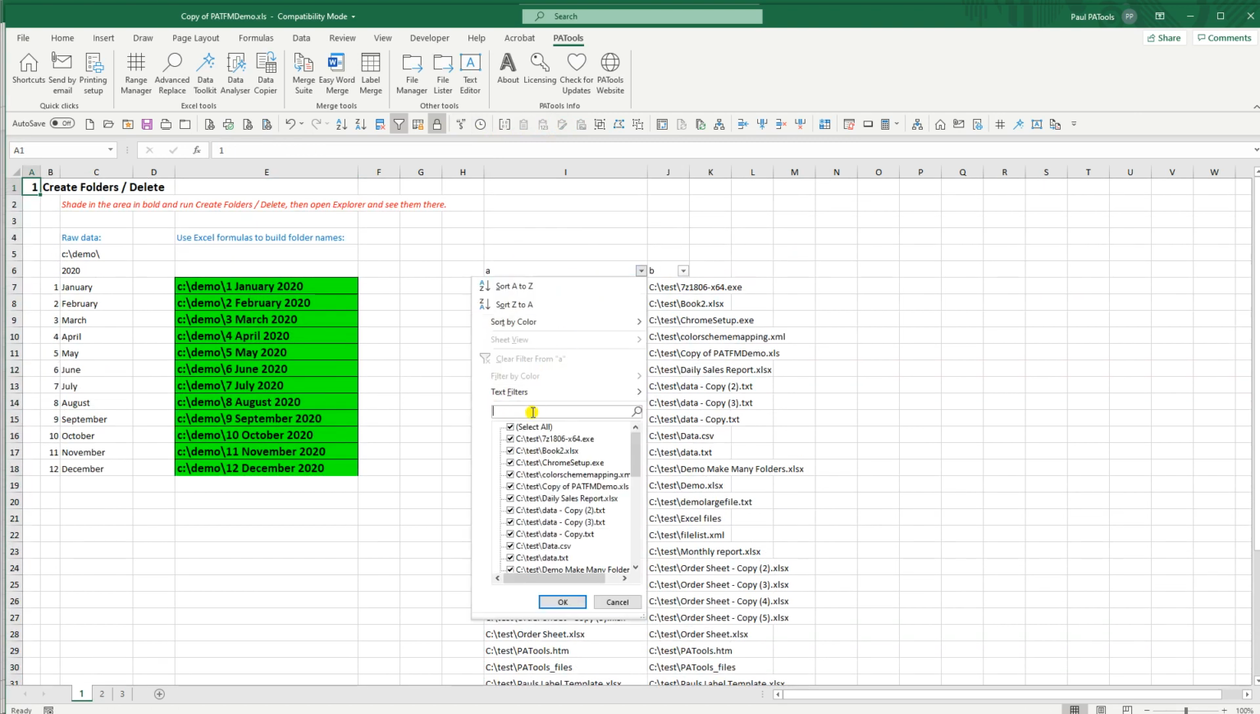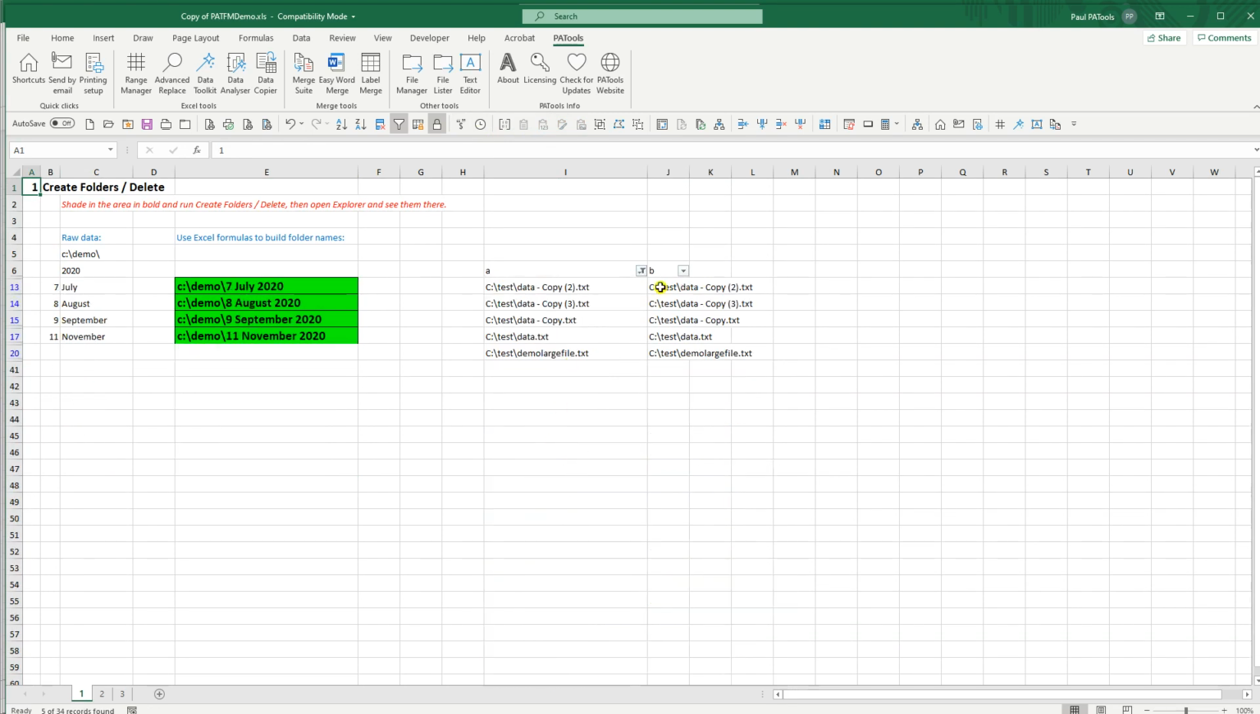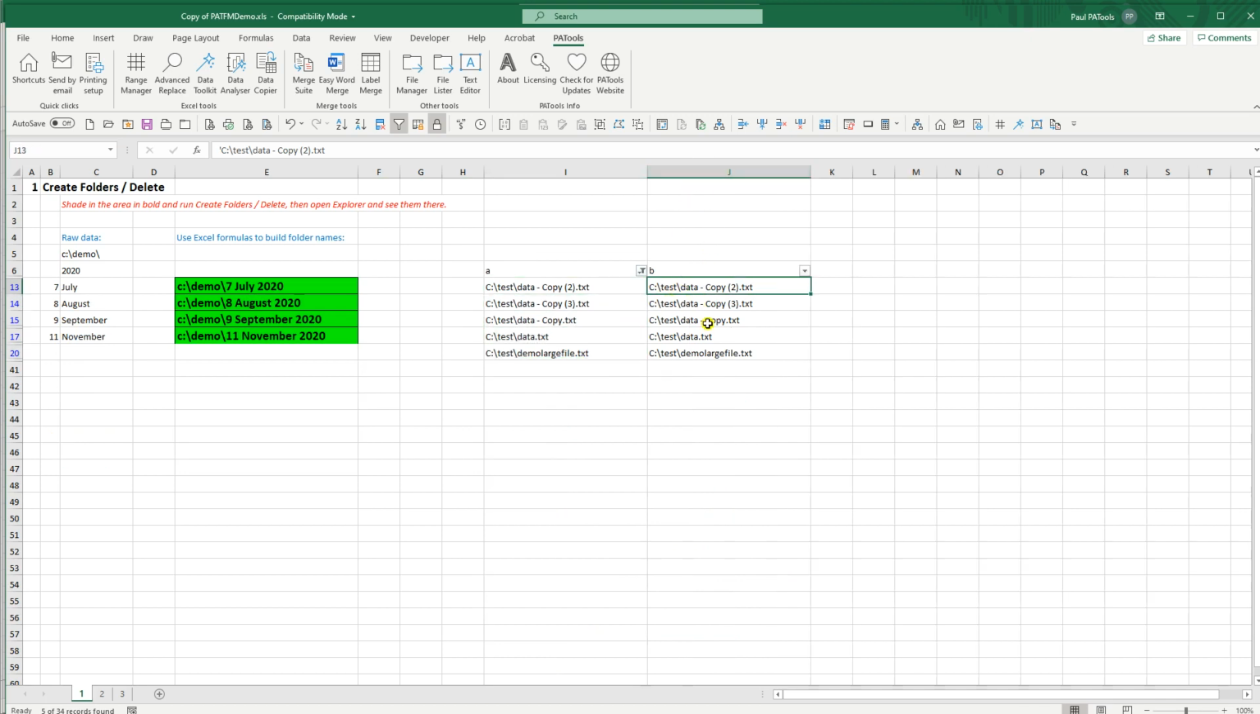Now I'll apply the filter. This time I'll just do txt files, say. And so at the moment I've now got the text file showing. I can come and edit this, and it might be that I would want to do something with these manually,